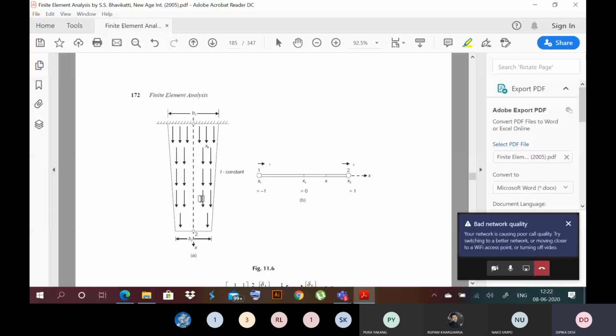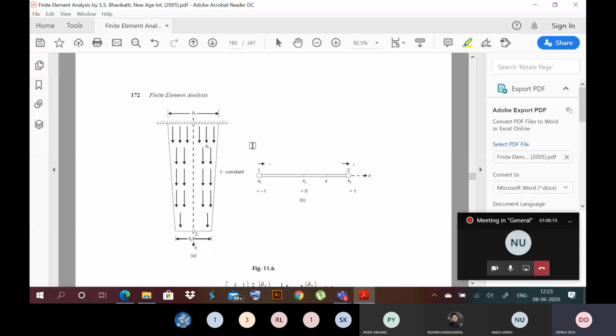Then you can consider that cross section to be uniform throughout. So you can assume a bar of uniform thickness whose average thickness will be equal to (B1 plus B2) by 2. That is one possibility of handling this type of problem. But the error involved will be more if the length of the bar is more. If the length is less, the error involved will be less. So for a small length bar, you can use the average cross section, that is (A1 plus A2) by 2, and you can assume that is the cross section throughout the length of the element.